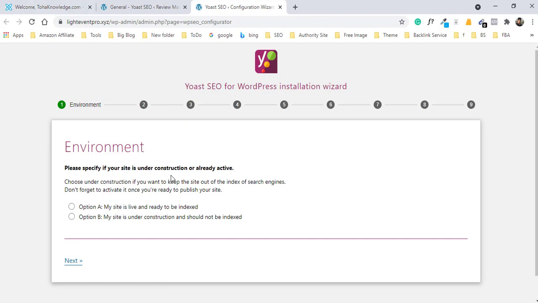And Google understands that as a new site you are starting from the beginning, so don't worry, you don't need to publish hundreds of content or everything. You just ensure that your basic content and design is done before the indexing. Okay, so I select option A and click on next.